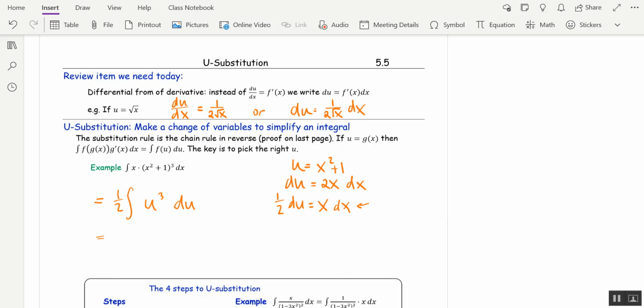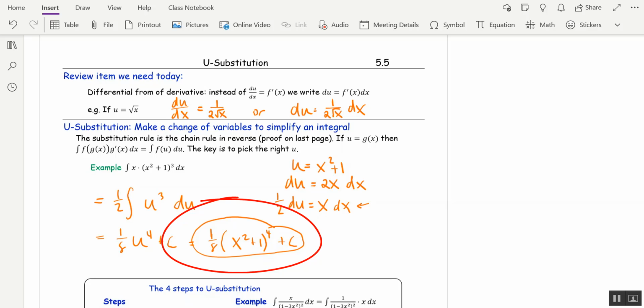And so when you do the substitution, hopefully you'll end up with an easier integral, because that's the point. So this is 1/8 u to the 4th plus c. And then we want to leave our answer in terms of x, because that's how it was given to us. So we back substitute 1/8, and then u was x squared plus 1, and that's to the 4th plus c. And there's our antiderivative. Now I encourage you at home to take the derivative of this function. You're going to have to use the chain rule and see that you actually do get the integrand from our